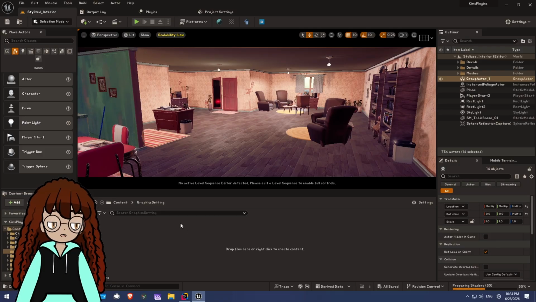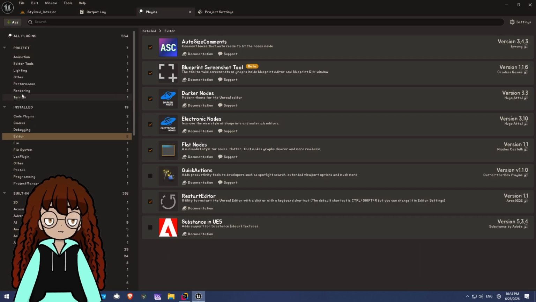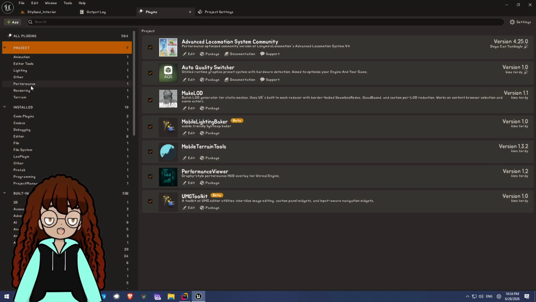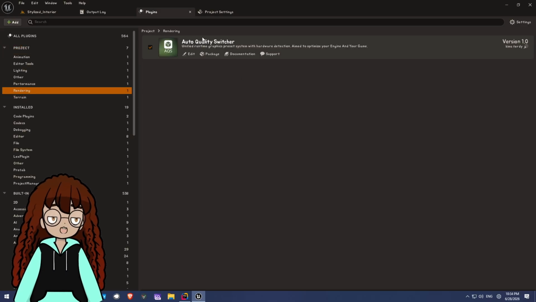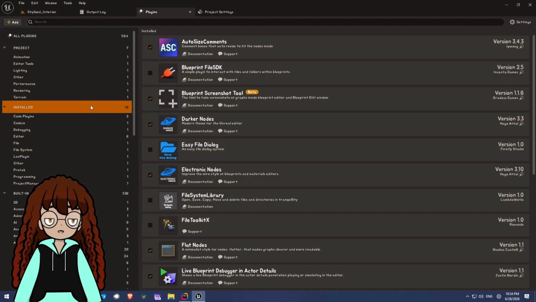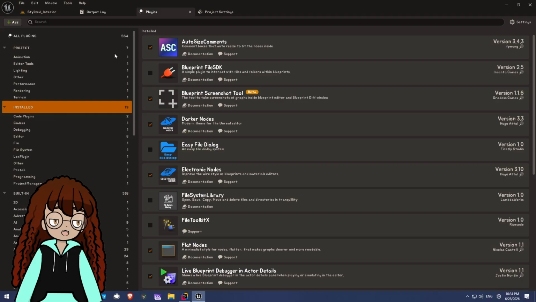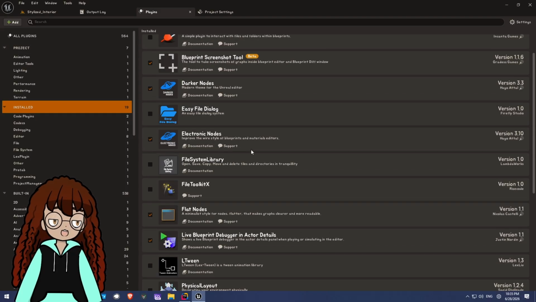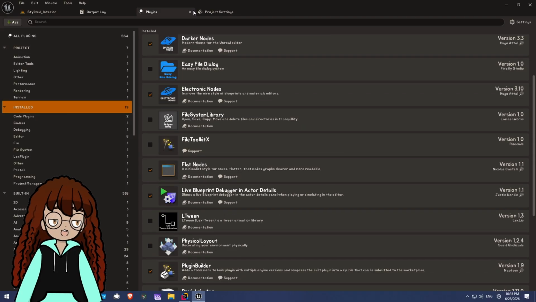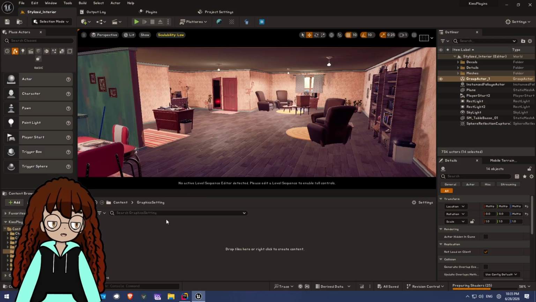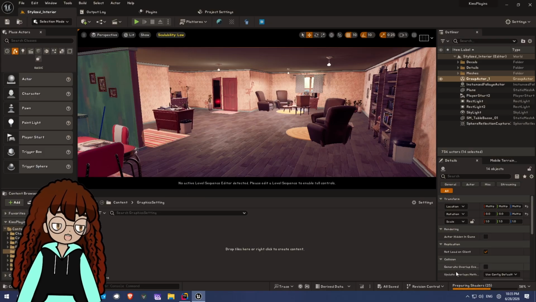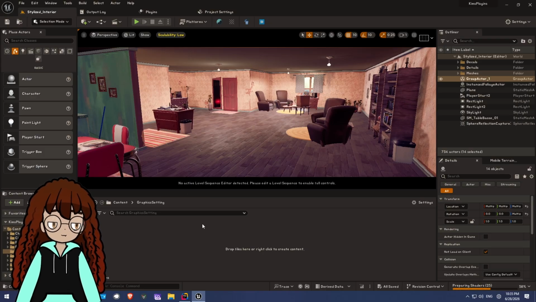After you download the plugin from Fab, you will see it in your project. For me, I'm seeing it in project rendering. This is the plugin, but for you guys, you will see it installed. So you'll see all the plugins you installed from Fab, right? I just bought this one. They are really cool. And that's why you see my editor just changed. And yeah, sometimes it's good to get paid. Anyway, I will talk about